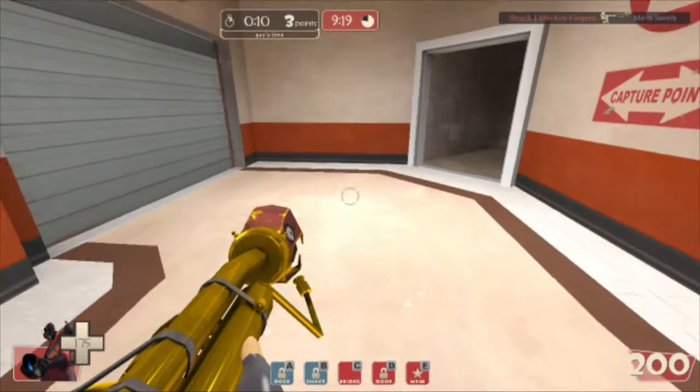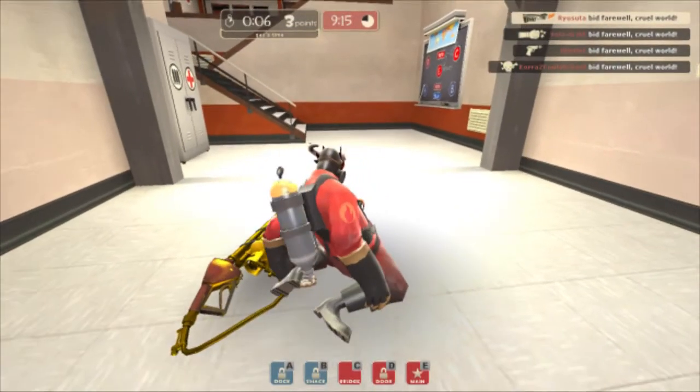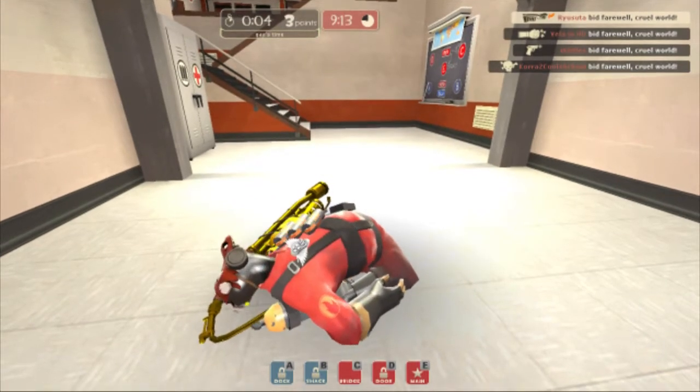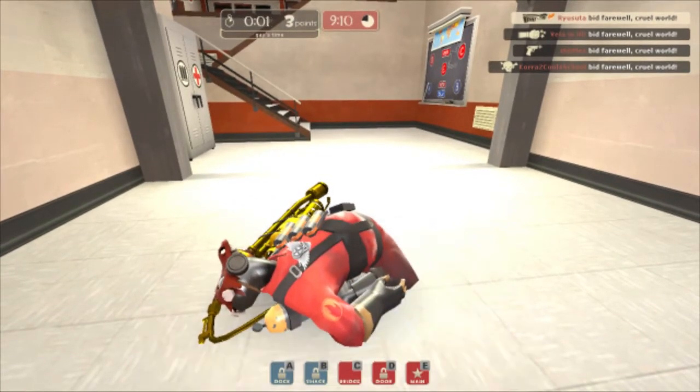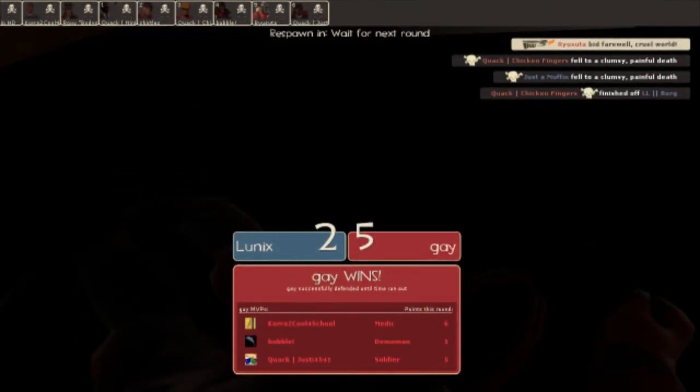But what that means is you're not going to be able to basically stand there reflecting spam. Oh my god! My team just had a heart attack all at once. Huh. Anyway,